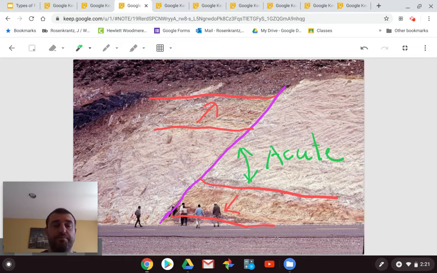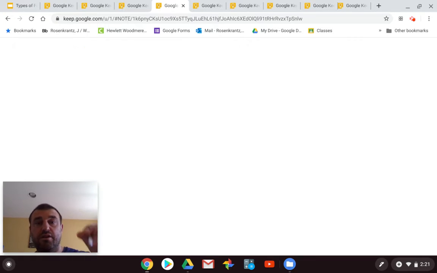So even though this might be an area like the other faults that could be far from a plate boundary today, maybe this was taken in upstate New York and they're nowhere near a plate boundary today, that means this fault maybe was at one time at a convergent boundary, because that's a reverse fault. Okay, and then the other image,